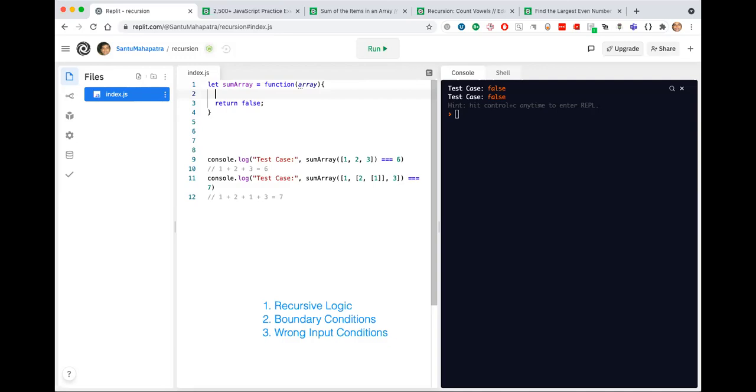So one of the boundary conditions is if type of, you can call it input instead of array, if type of input is not equal to object.